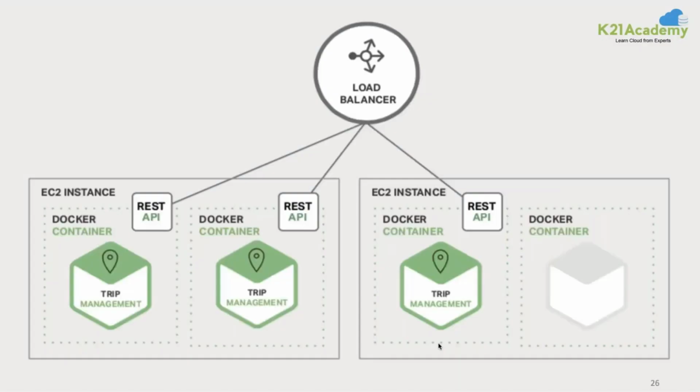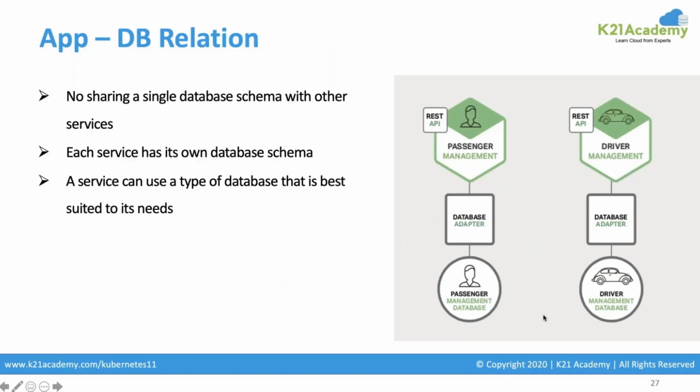Okay. So if you see, now we would be deploying things in containers. So trip management would be running as a Docker container. And if I want to scale the trip management, because when a lot of trips are happening, I can individually scale one service, and I can put a load balancer in front of it so that it can balance the load across multiple replicas of trip management. And when we are doing trip management, obviously there should be a database associated with it. I would have individual databases attached to it.